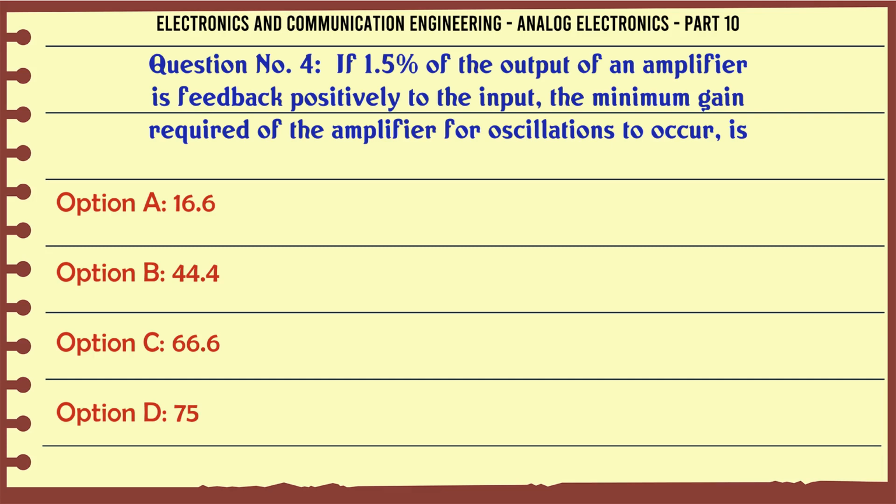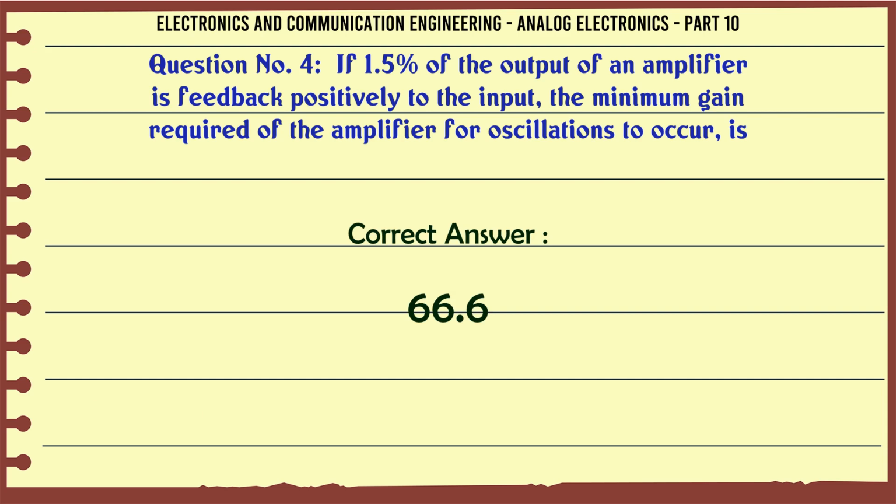If 1/5 of the output of an amplifier is fed back positively to the input, the minimum gain required of the amplifier for oscillations to occur is: A. 16.6, B. 44.4, C. 66.6, D. 75. The correct answer is